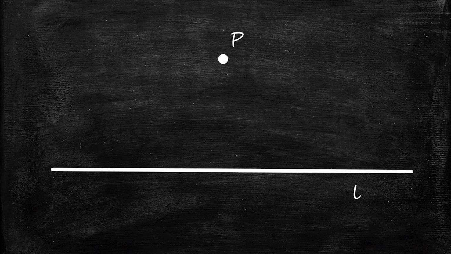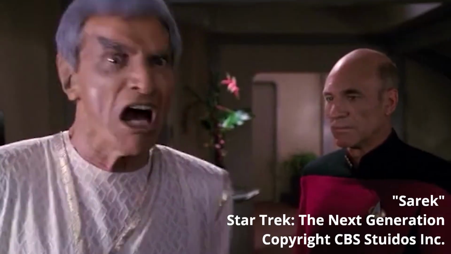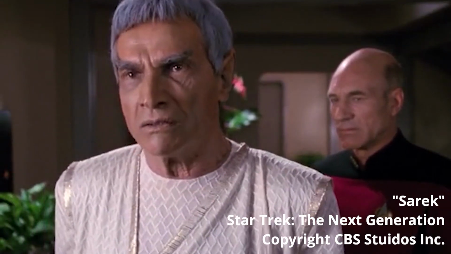Then in the context of neutral geometry, the negation of the Euclidean parallel postulate says that there's at least one place in the entire geometry that doesn't behave like Euclidean parallelism. That is, there's at least one line L and one point P off that line where there are at least 2 parallel lines through P. Or in other words, there's at least one place in the entire system that behaves with hyperbolic parallelism. The goal then is to prove this statement false. One way to do that is to assume that it's true and then show that that assumption logically leads to a contradiction. Then the assumption must be false because contradictions are illogical. And that's how you play devil's advocate with it.